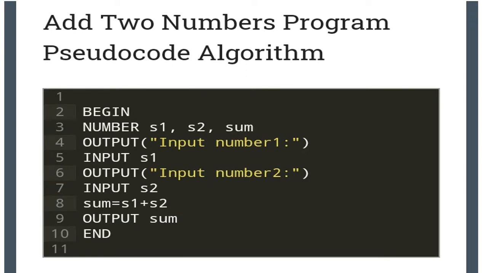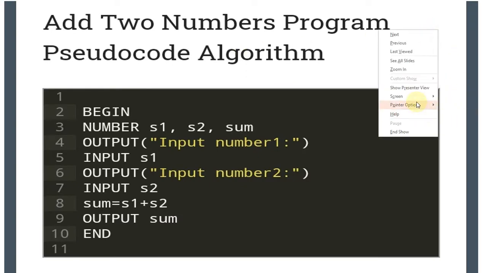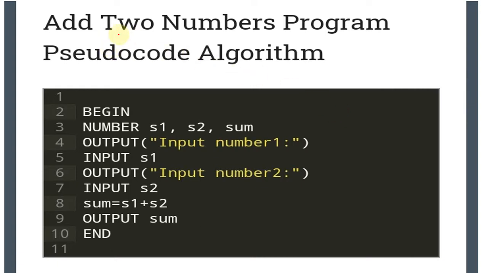So here there is a problem. It may be an algorithm. Okay, so add two numbers program, pseudocode algorithm. What you can say is it stands in between the algorithm and the program, the pseudocode algorithm, which stands between the actual algorithm and the program, maybe written in C language or Java, C++, whatever it may be, in a high level language. So in between the high level language program and the algorithm, there will be pseudocode, which looks